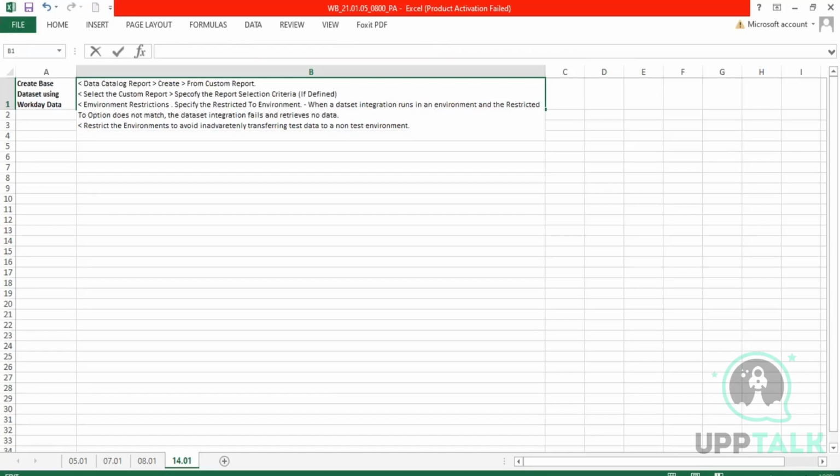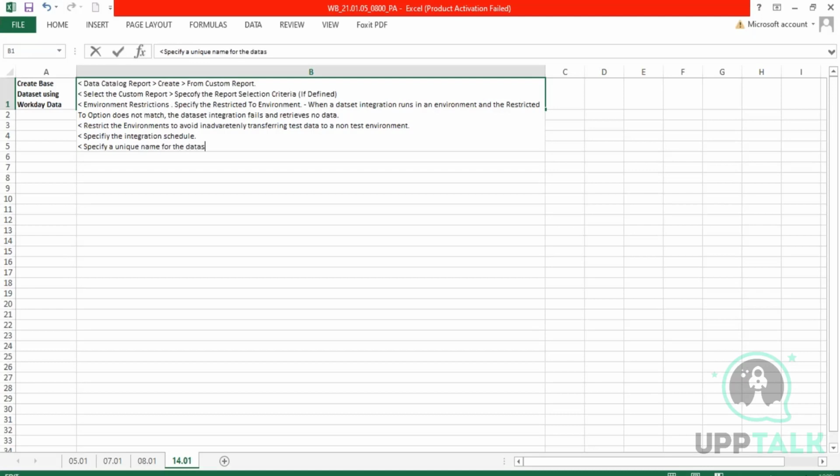Okay, the next thing, specify an integration schedule. So for now, we have not specified the integration schedule. We have just looked at the option. However, we have just seen the run now option. So specify the integration schedule. Okay, a very important thing, as I mentioned, specify a unique name